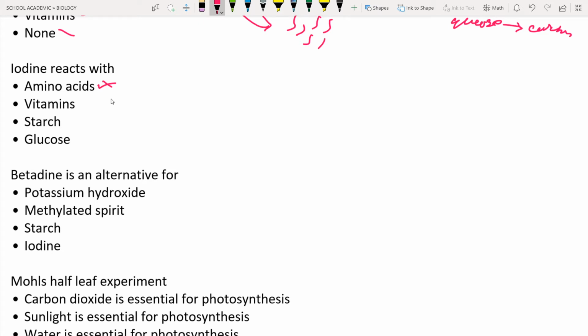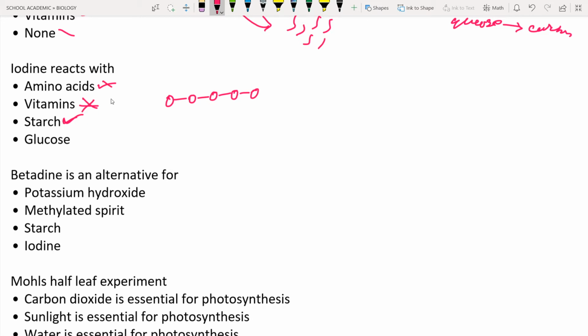So next is the vitamins. These vitamins are of two types: water soluble vitamins and fat soluble vitamins. They are required for the body in lesser amounts, but these vitamins will not give energy. So hence it is not a carbohydrate, and it is also not the correct option. So next is the starch. What is meant by starch? Starch is nothing but a chain of glucose molecules. Iodine is going to react with starch, which you can also call a complex carbohydrate. Yes, iodine is going to react with starch.